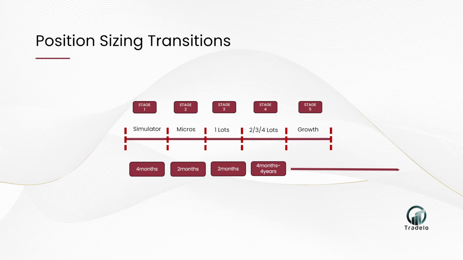What is stage 2? Well, stage 2 is that once a trader's been in a simulated environment and they've created a solid foundation, at that point, they're ready to move into the live environment. Now, typically, our traders take about 4 months when using the Tradelo application. They will sit in the simulated environment, working with the foundational structure, working with the process of managing risk, of journaling every day, of looking at the analytics, working within the Discord community. This is what they'll do for a period of 4 months, and then we transition them into a